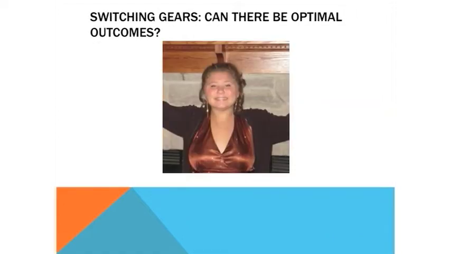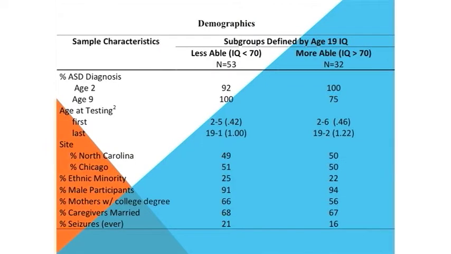So when we're looking at age 19, one of the questions is, what is an optimal outcome? And I think this has been discussed a lot recently because of Debbie Fine's paper. Are there kids with optimal outcomes, and what does this mean? Now, I think we first started looking in the sample at 19, and these are all the kids. So in this case, there are 85 kids where we have complete data. So these were kids who were seen by somebody who didn't know anything about them from before.